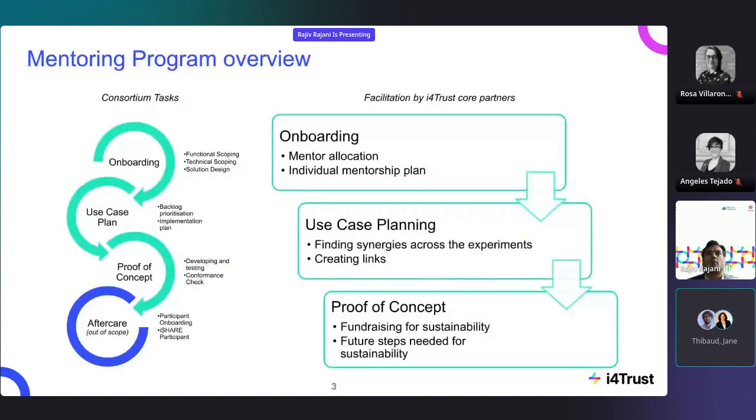An overview of how the mentoring program looks like: you can see it in 3 to 4 stages. The first stage is on the onboarding side. In the beginning of the mentoring program, our focus is on making sure the functional and technical scoping is done. You came up with your proposal, and along with that you proposed an architecture and solution on how you intend to solve it.